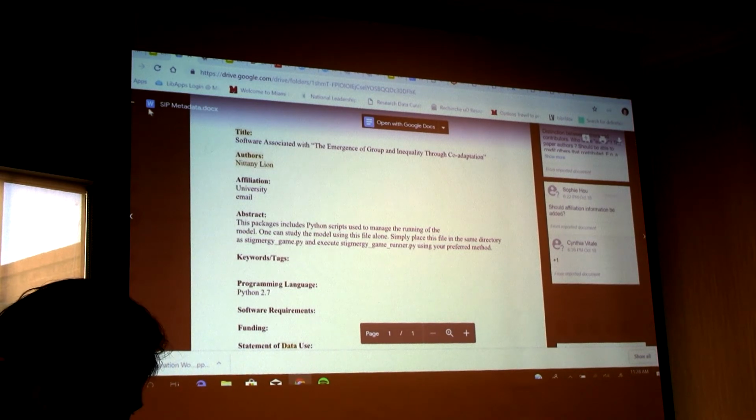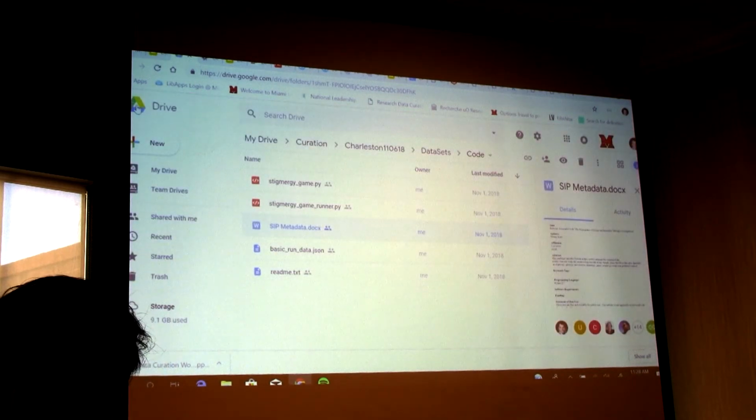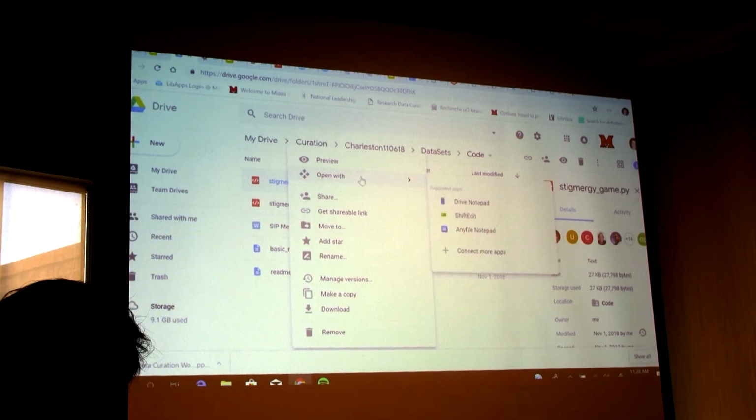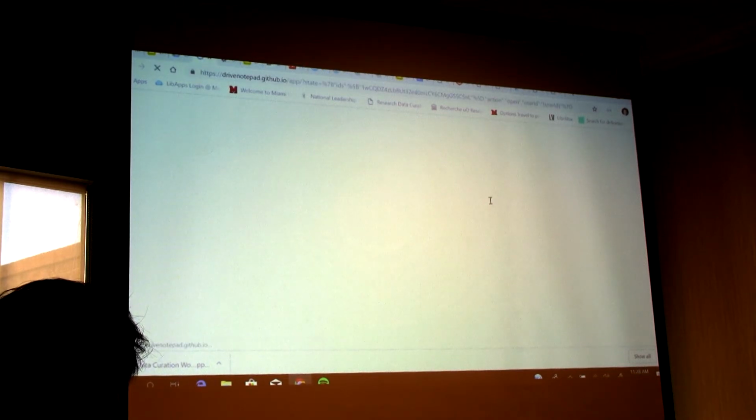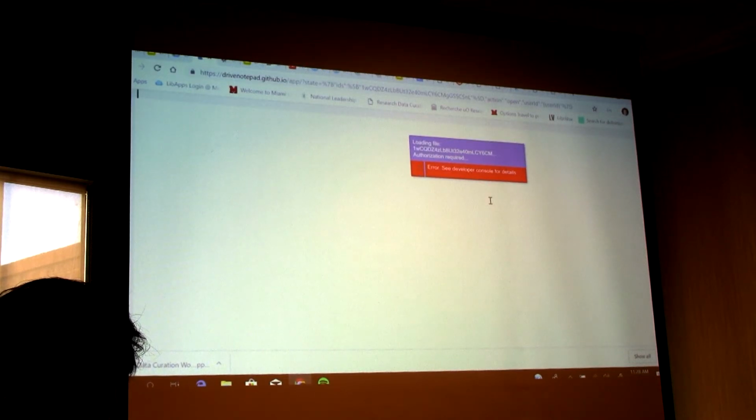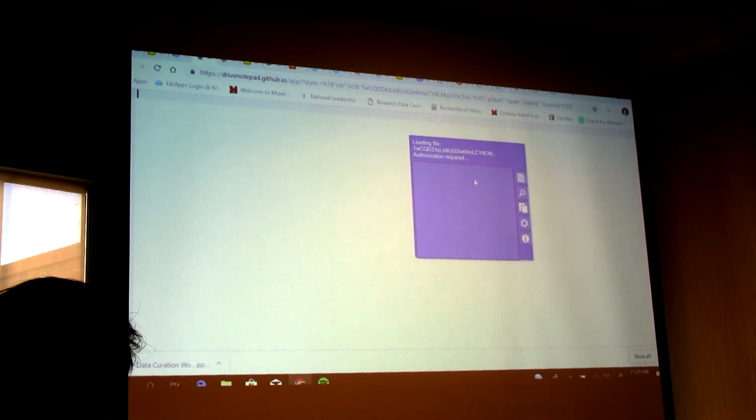So let's go back and look at what else we've got in this package. Let's look at the code here a little bit. I'm not able to open the current file here.